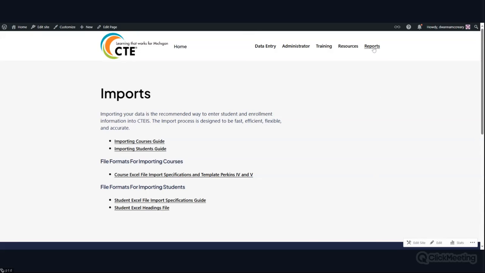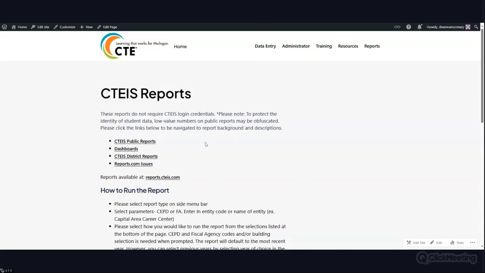Again, as we stated with the reports, all of the reports, these are just descriptions. You have to actually access reports. If you're looking for public reports, those reports are available at reports.cetis.com. If you want to access actual reports within the CETIS system that you need access for, that's in the actual CETIS application, which is here